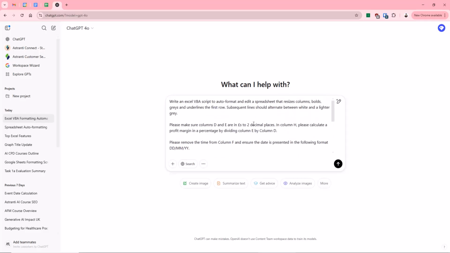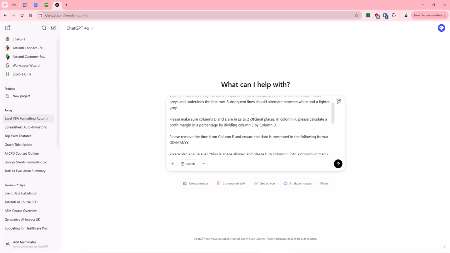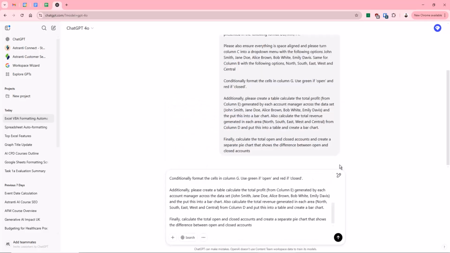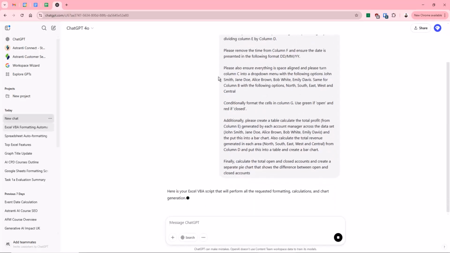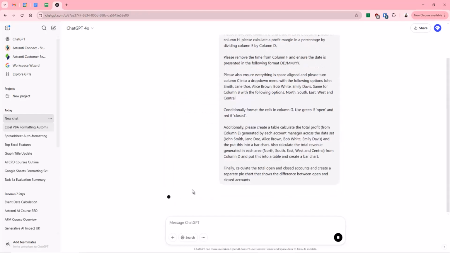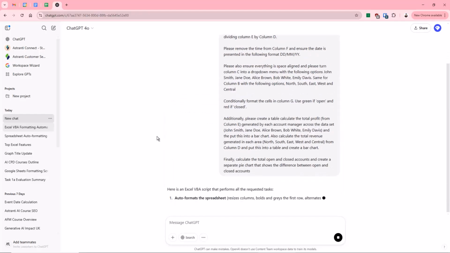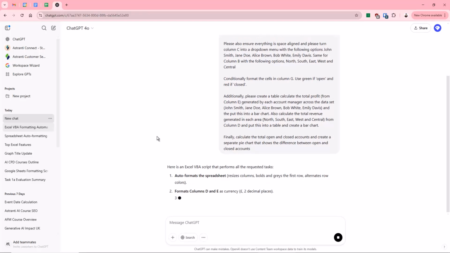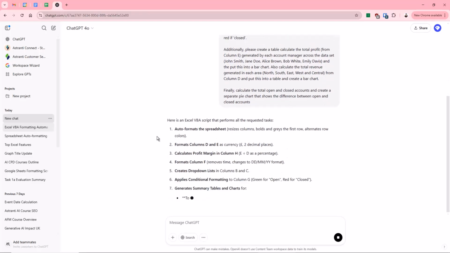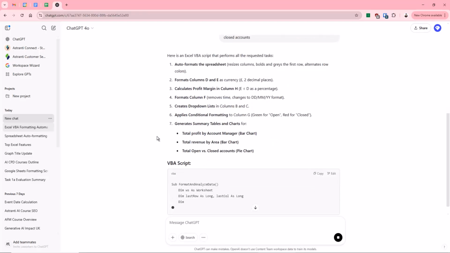You can actually use ChatGPT to write a script like this in the first place as well. So that's another way in which you can use it. So instead, what we're just going to then do is post that in. It's now going to create, just click it to answer in chat instead. It sometimes wants to take it off to a separate notepad format, but I find it easiest just to keep it in the chat. What it's going to start by doing then is summarizing what we want it to do,